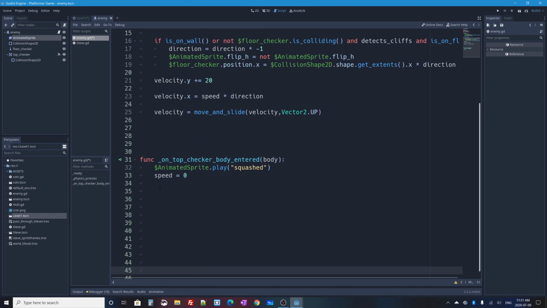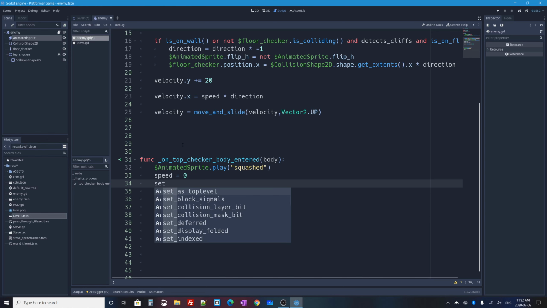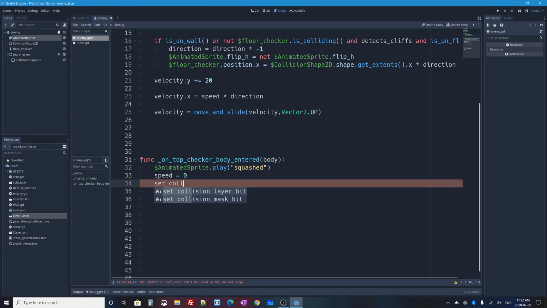What I want to do is turn off those two layers, the collision layer and the collision mask. We are right now working on the enemy's code, which means it'll affect the entire enemy instance that we are working on. So I'm going to say set_collision_layer_bit. This is a method call, and I'm going to turn one of those bit values